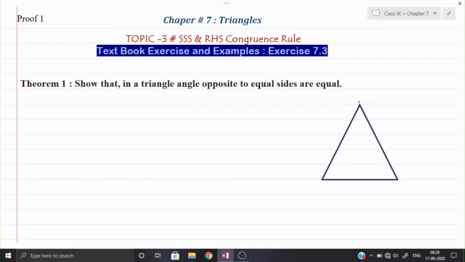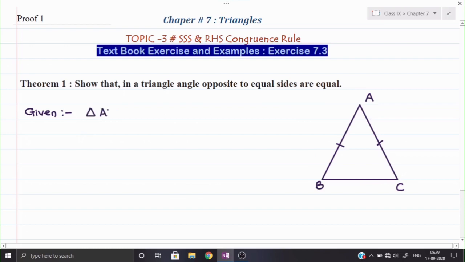First of all, suppose this triangle's name, I give this point as A, this point we can give the name as B, and this point we can give the name as C. In this triangle we shall suppose that side AB and side AC are equal. So if I write down the given things, what we have given here is triangle ABC, or we can say that triangle ABC is an isosceles triangle. That will look more proper here.